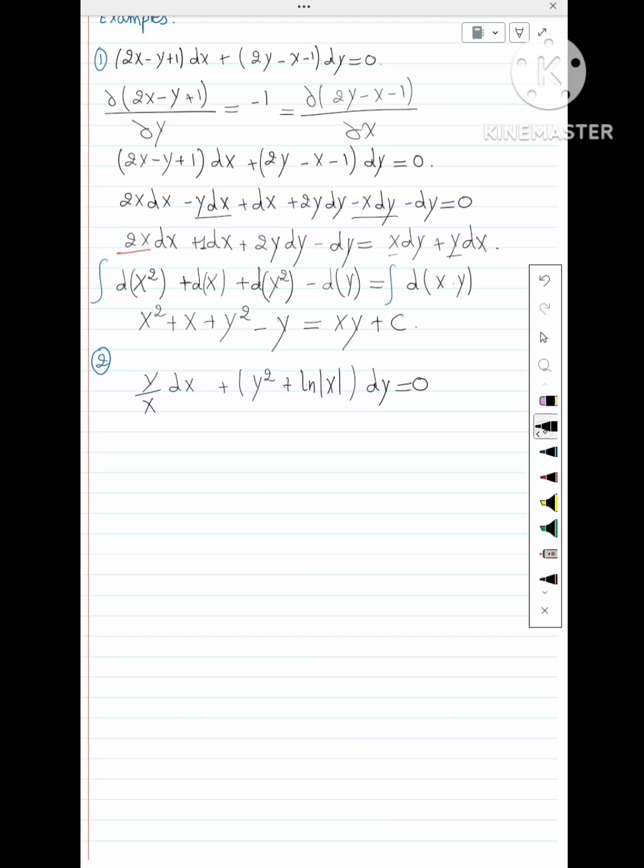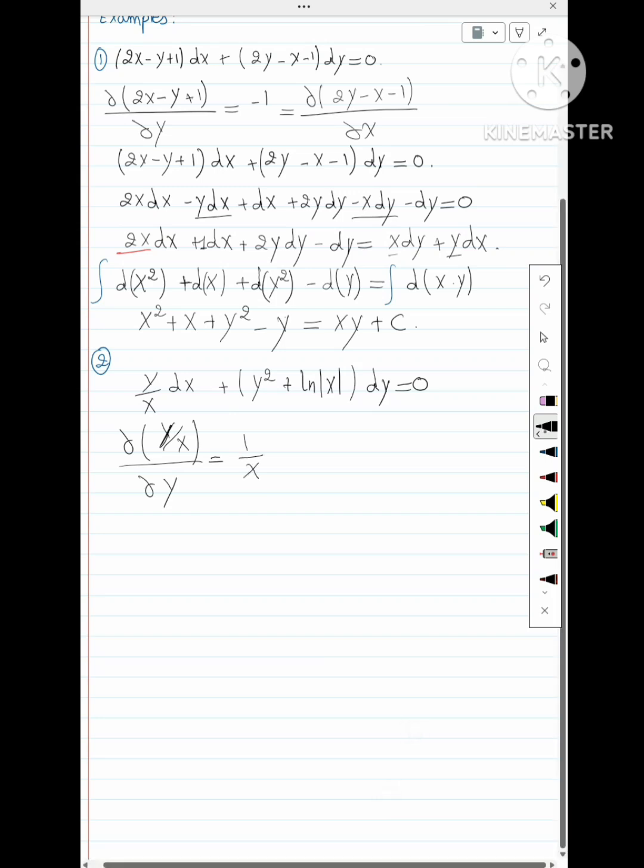So now we need to see if it's an exact differential equation. Let's take the derivative of the thing that multiplies dx, which is y over x, with respect to y. We will consider 1 over x as a constant, so 1 over x times y gives 1 over x. We are going to see if it's equal to